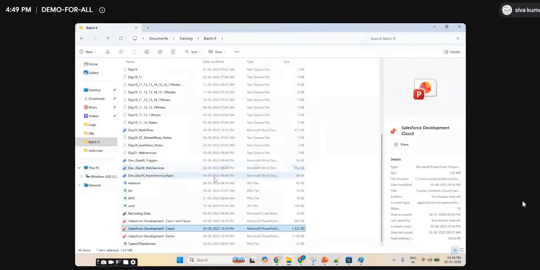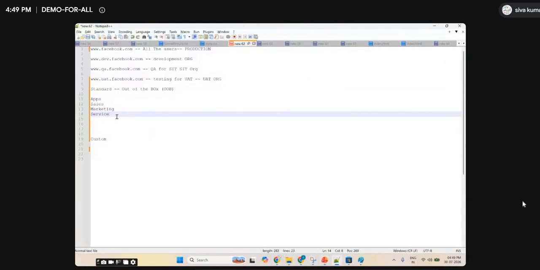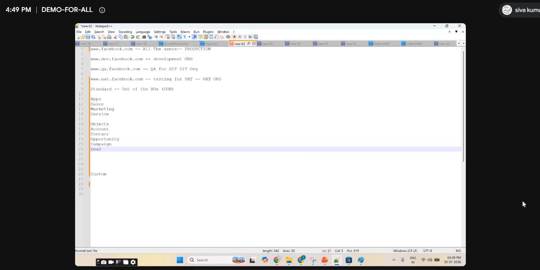So what else are we seeing? Some objects. Apps are standard, these are out of the box. You are seeing some objects. We will come to know what an object is. We'll see objects like account, contact, opportunity, campaign, and lead also.